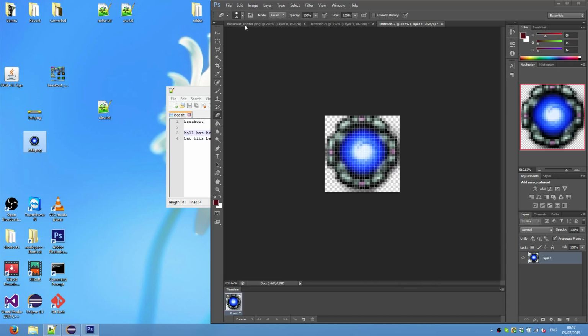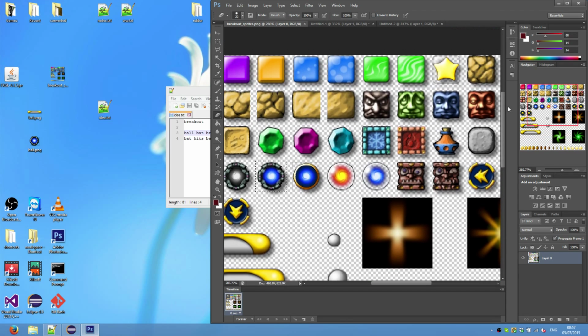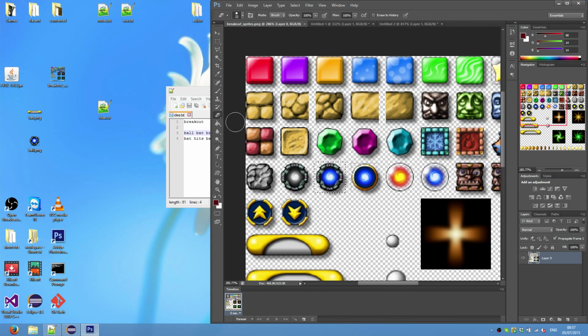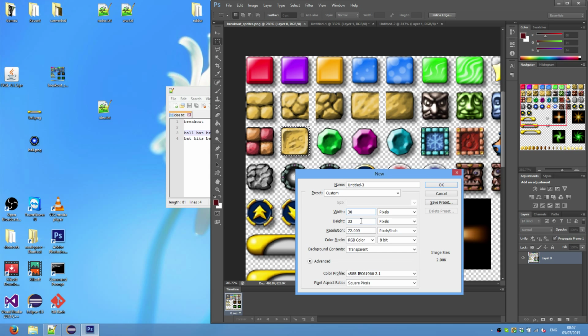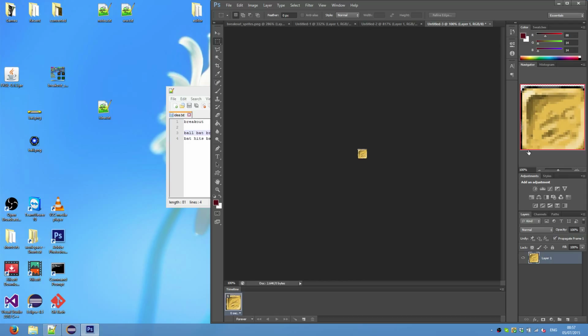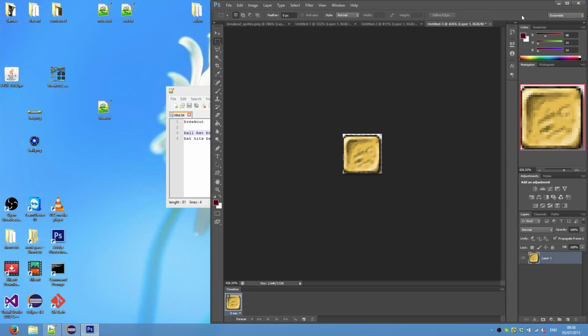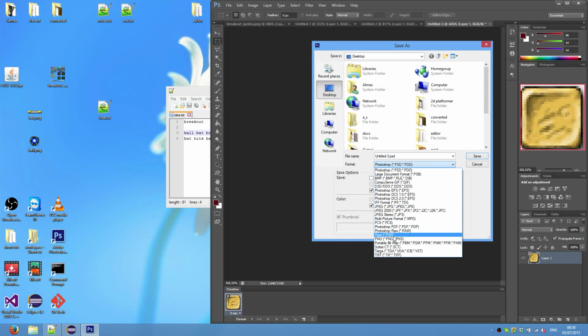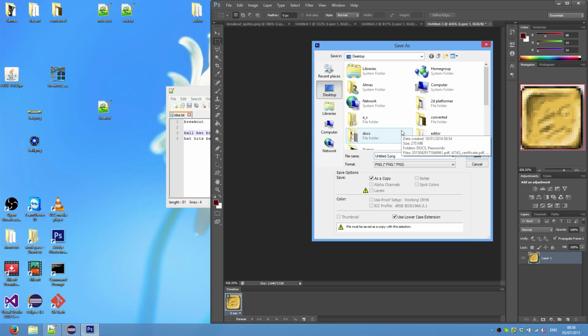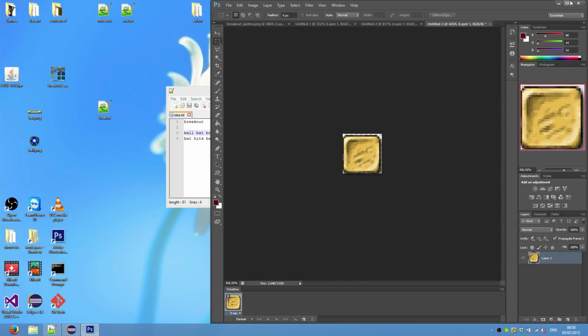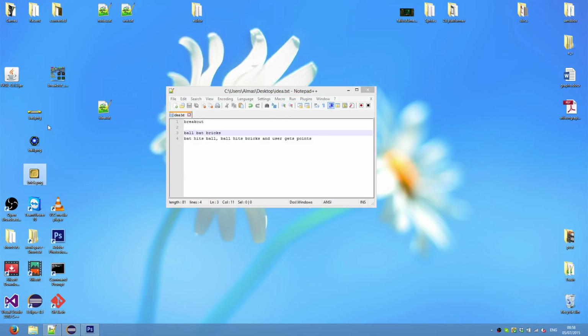And we now need bricks. So just a single texture for a brick will do. Let's take that one. 30 by 30. Save it as brick. Save. Right, so now we've got our 3 textures,